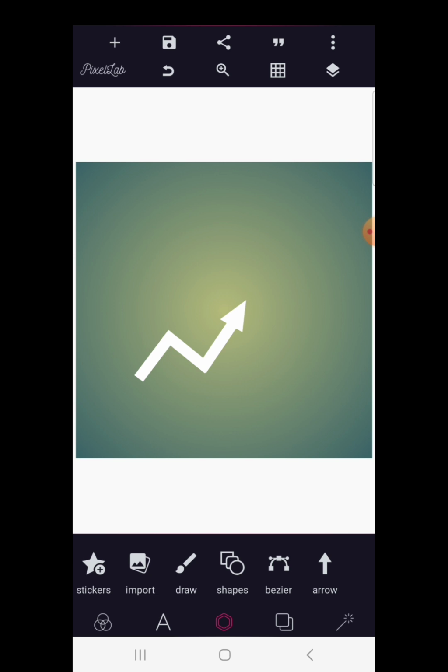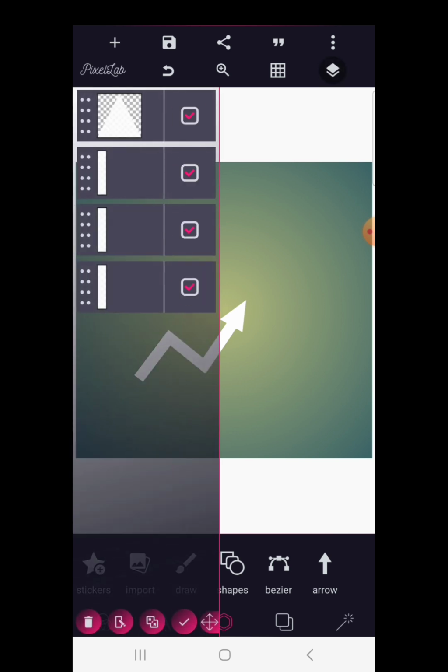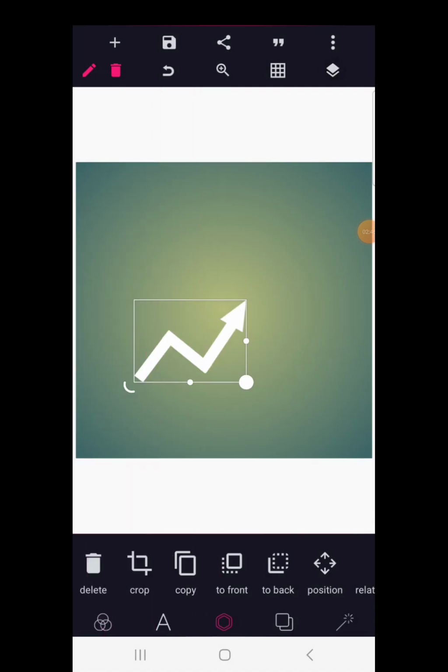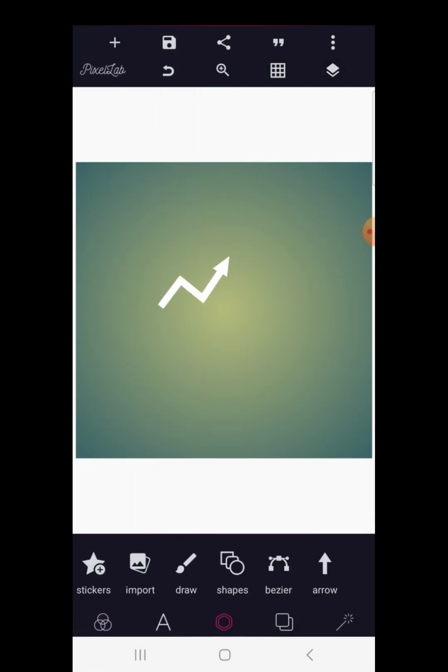Good. So after doing all of this, you have to go back to your layer, select everything and mesh them up using this other button so that we can have something like this. Now reduce it a bit in size, then go back to shapes,